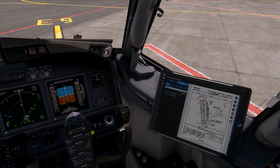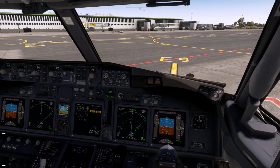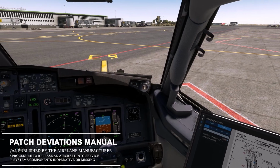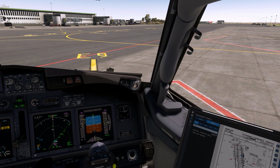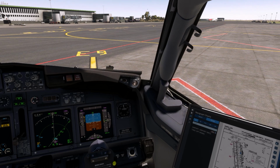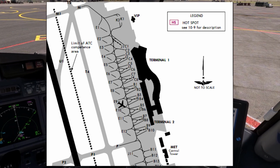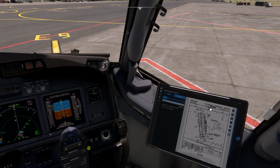Our departure briefing includes NOTAM and DDM, which is dispatch deviation manual. So there is no technical problem affecting our aircraft. Everything is okay. As you will check just before our departure, no NOTAM and no DDM affect our departure. We are on stand Echo 9er based on the chart 10-9er,